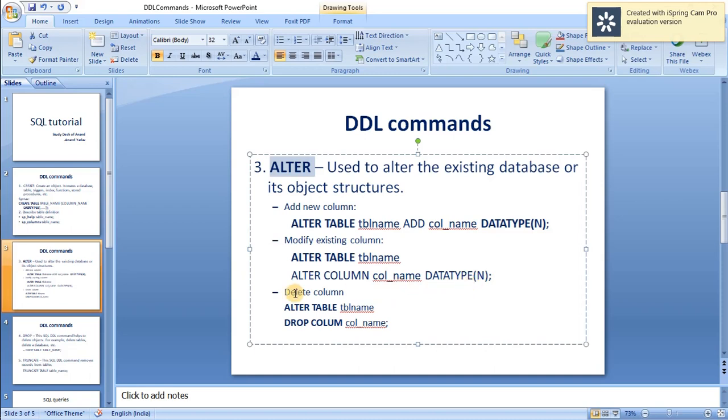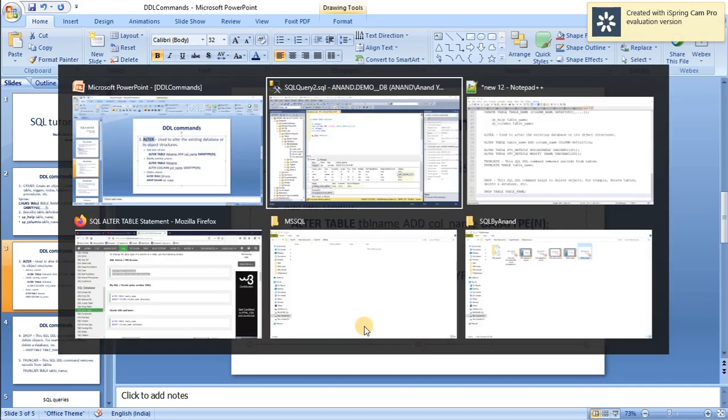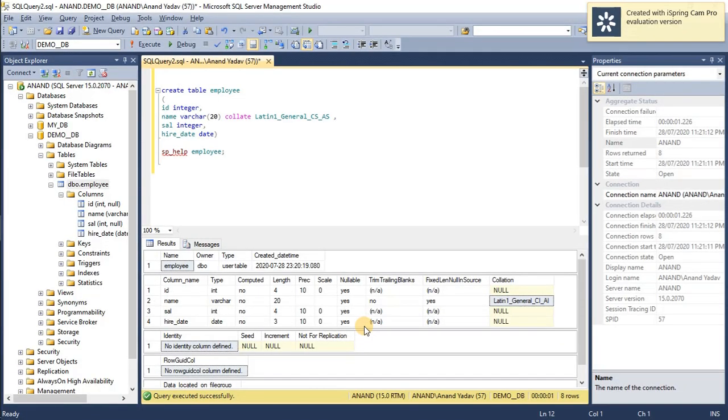And if we realize that some additional column should not be present in the table, we can also delete it. This is possible with ALTER TABLE table name, DROP COLUMN and the name of the field. So let's see the practicals. First we will add the column.